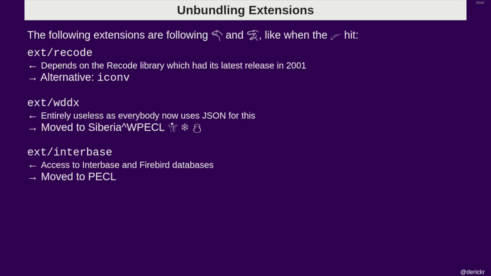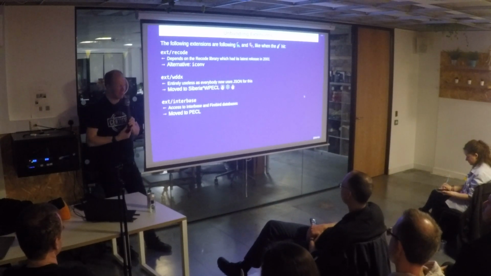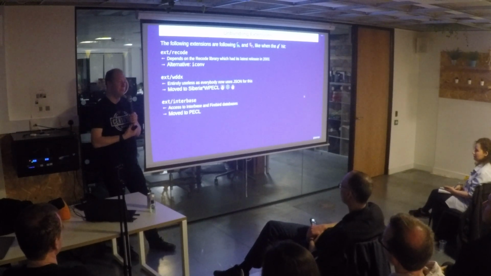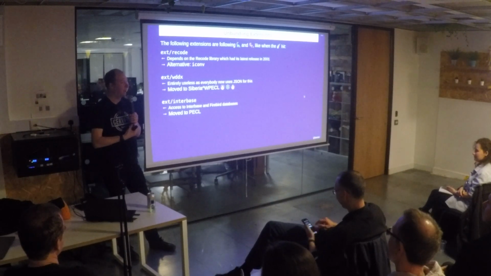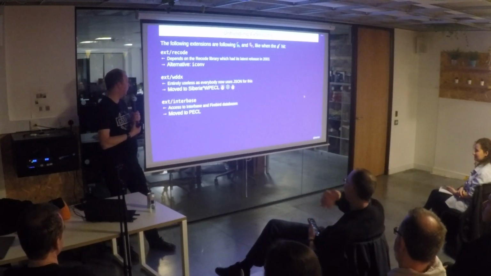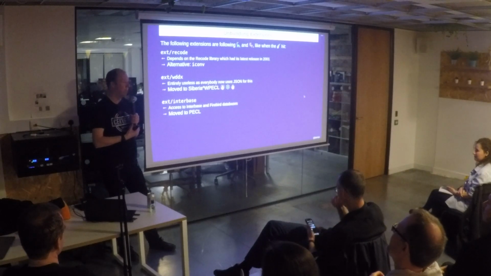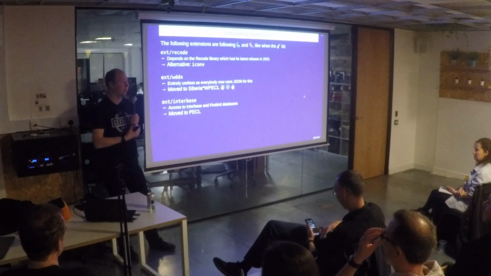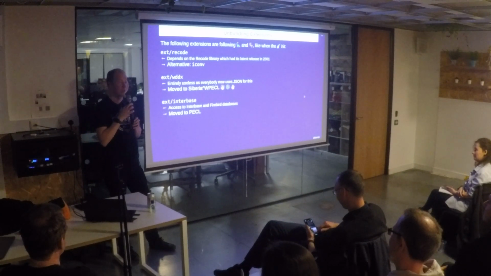Hence the snowman. Then there's the X-Interbase extension you can use for talking to the Firebird and Interbase extensions. It has been moved to PECL. It is a database that not very many people use, but apparently a lot more than we thought. So once the vote came in that, yes, we're going to move this because it's not being maintained, then suddenly a whole bunch of people in Germany showed up saying, oh no, we've been maintaining this for years. But never actually telling anybody else about that, which isn't great.